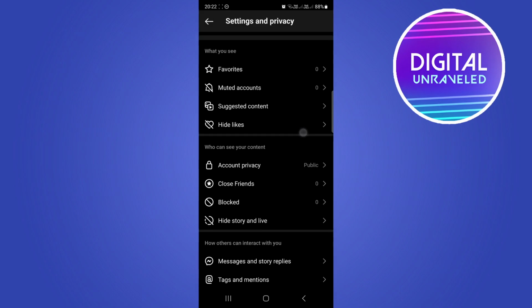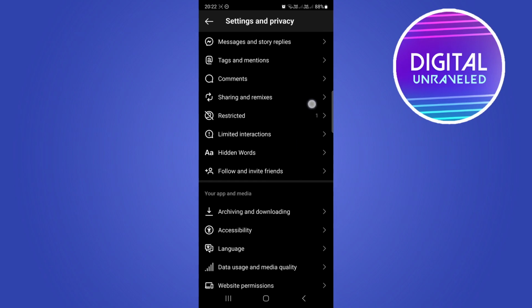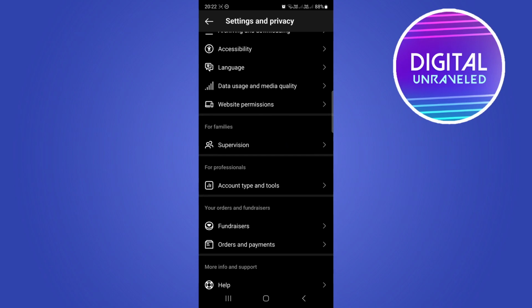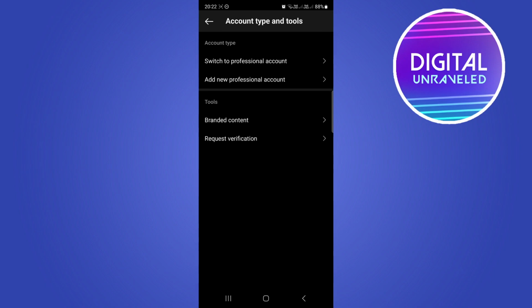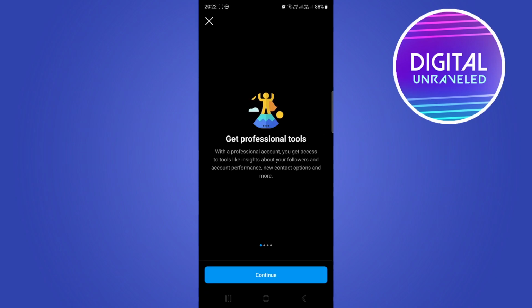Once you've done that, you want to scroll down till you find the option that is account type and tools. So you can see it right over there. Tap on that, and the reason we're going here is because we need to switch to a professional account to get that tag below our username on our bio. Okay, so click on switch to professional account, go continue